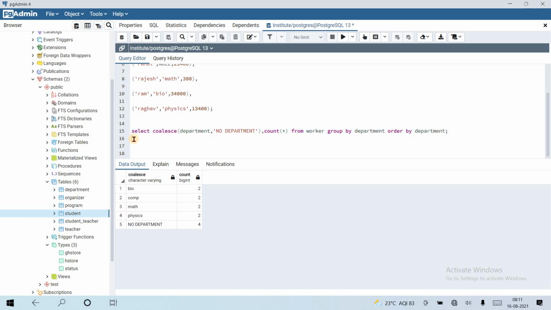Okay. So can we use the replace function here? We have seen the replace function previously. We can't use it, but let's try. So select, all the query is the same.